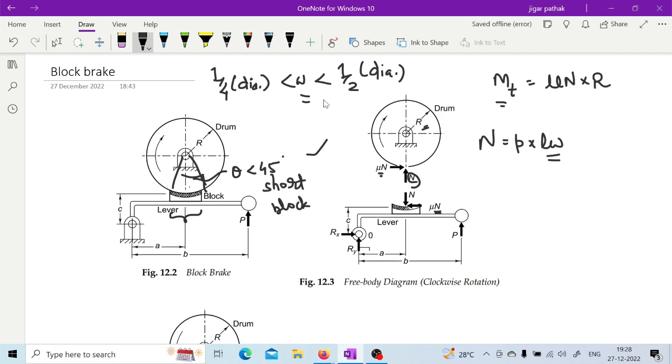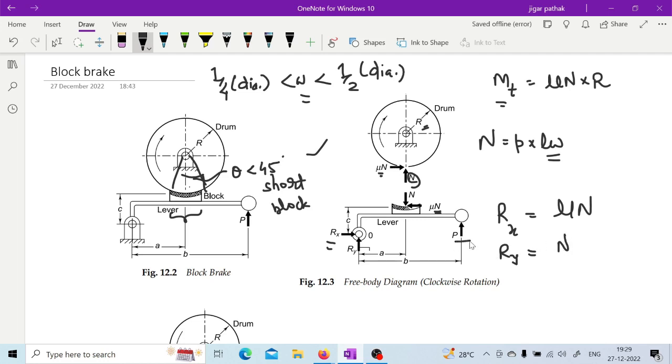So when the width of the block lies between this, you can consider it as a short block. Now in this, if you see these forces, then Rx, which is in the horizontal direction, is being balanced by this frictional force. Similarly, we have this vertical force Ry, which is going to be balanced by this particular normal force,